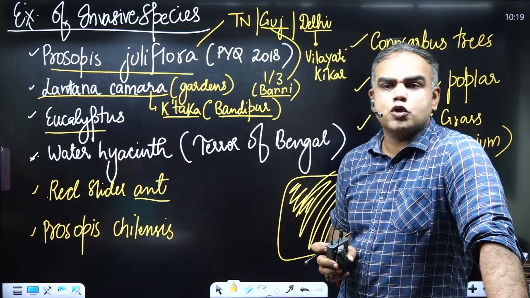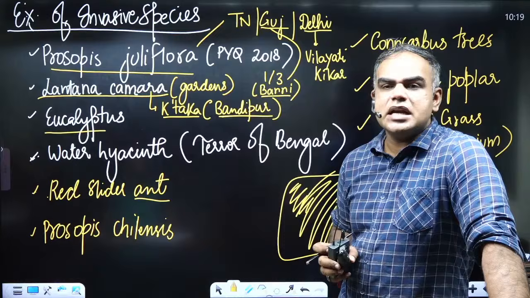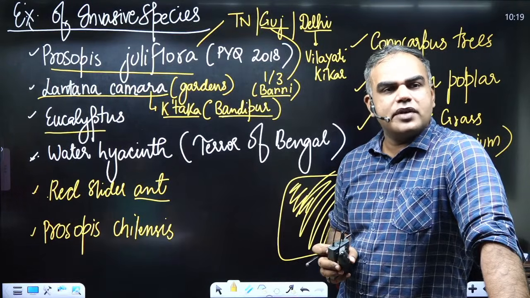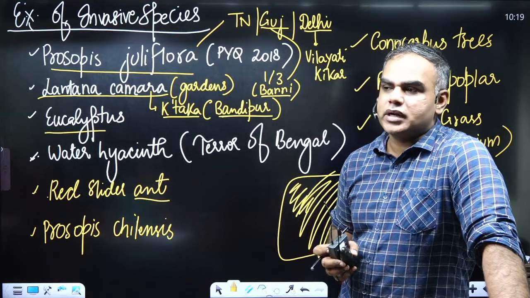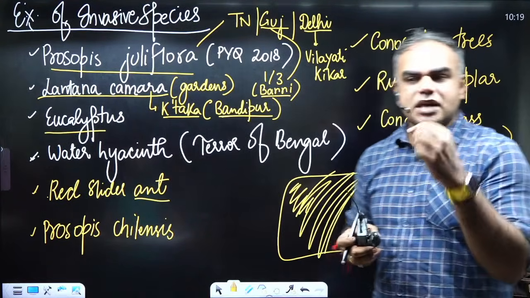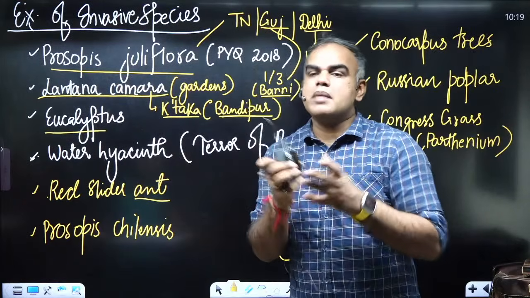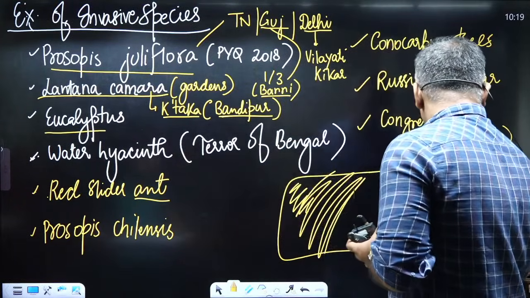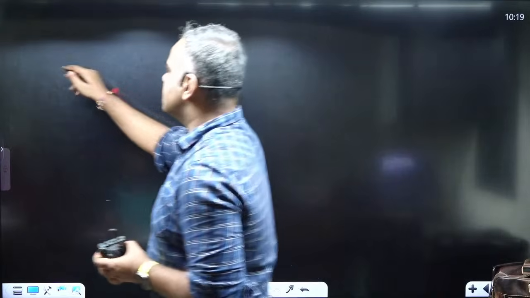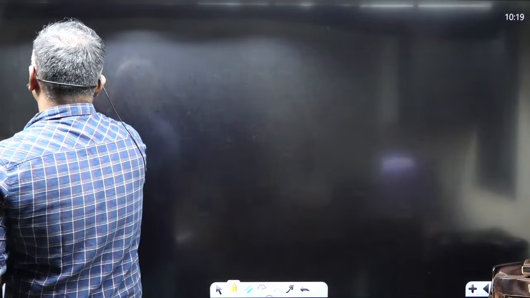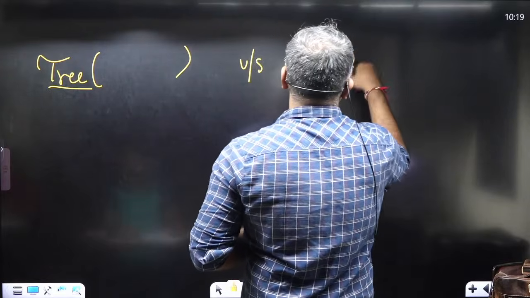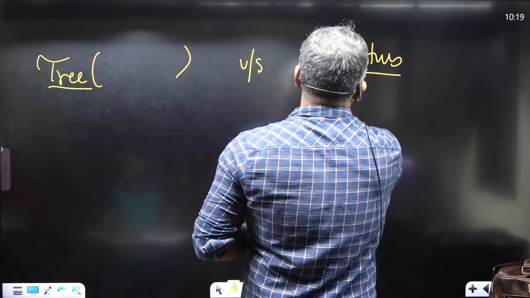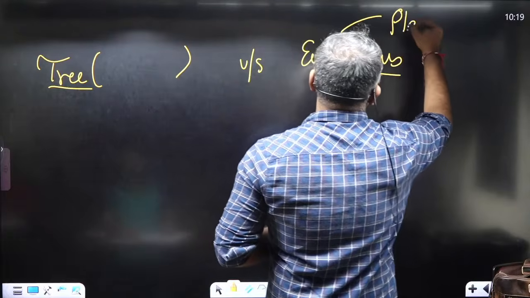A lot of state governments, when they do plantation drives, they use eucalyptus. क्यों? Eucalyptus जल्दी grow करता है. Now, when I say it grows fast, I also need to give you some context and comparison. Okay, so for example, let's say there is a normal tree, shisham, or any other tree which I'm talking about, a normal tree, versus, and please remember, eucalyptus is extensively used in plantations.